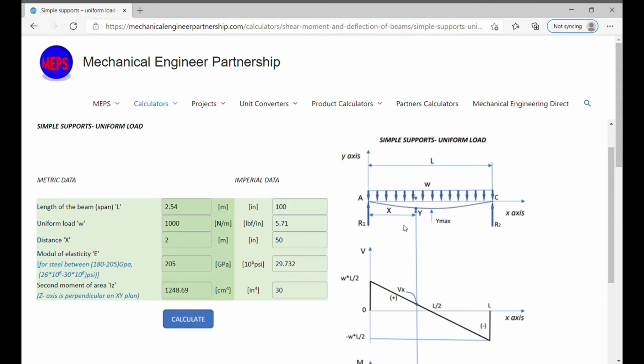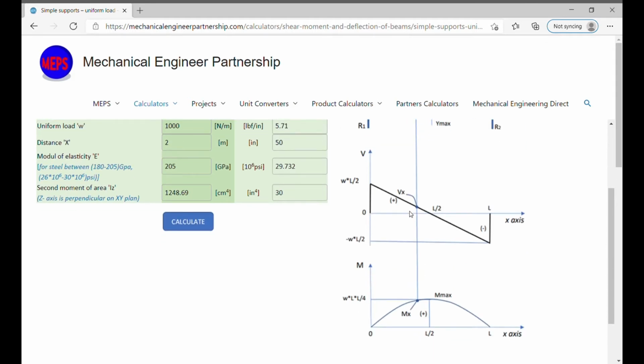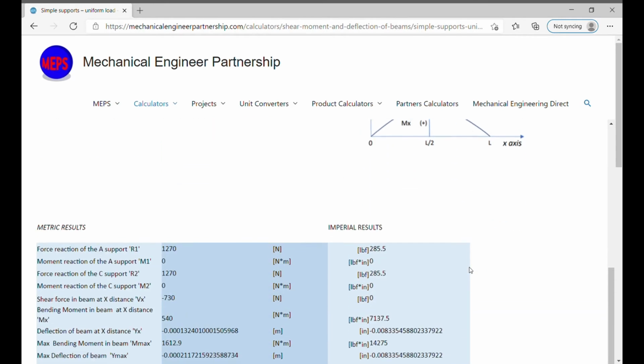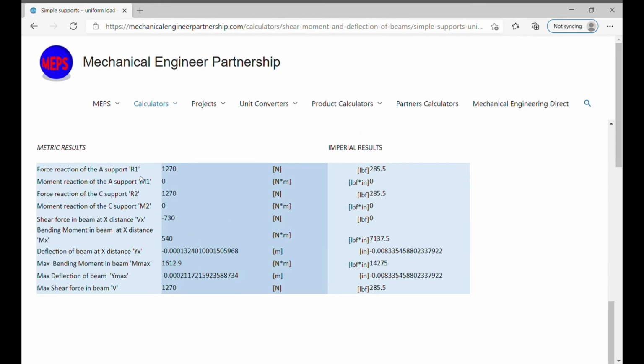Analyzing the graphic we observe that the shear forces are maximum at the extremities: at point A maximum positive and at point C maximum negative. In the middle of the beam the shear force is 0. Bending moment is positive and maximum in the middle of the beam and 0 at the extremities. The results are: force reaction of the A support R1, moment reaction of the A support M1,